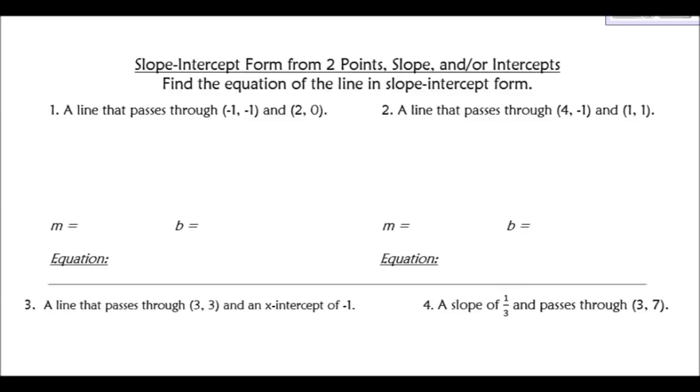Okay, and now we're getting to the trickiest part of this lesson, where we're trying to write slope-intercept form from a variety of different information. Sometimes we're going to be given 2 points, sometimes we'll be given a point and a slope, sometimes we'll be given an intercept and a slope, or a point and an intercept. We're just given a variety of information, and we have to figure out how to use that to find our